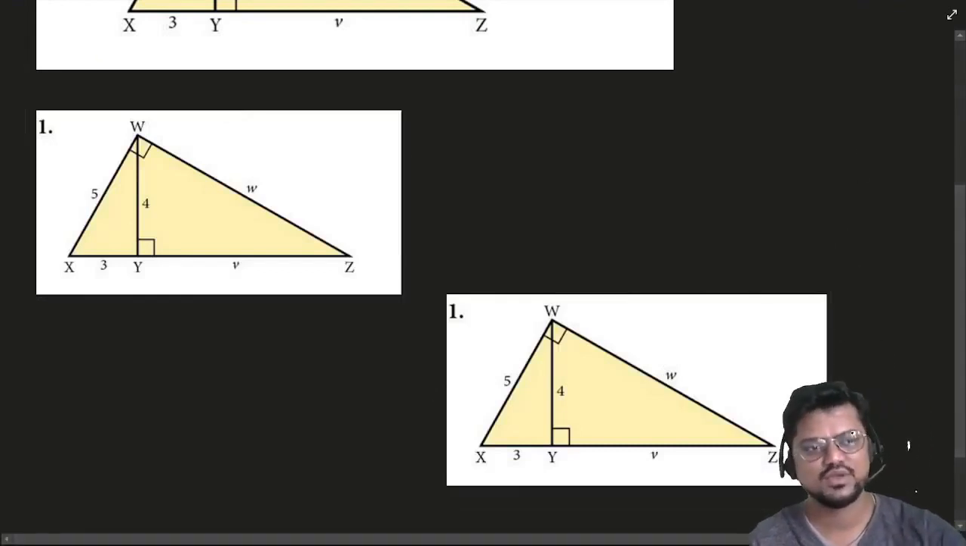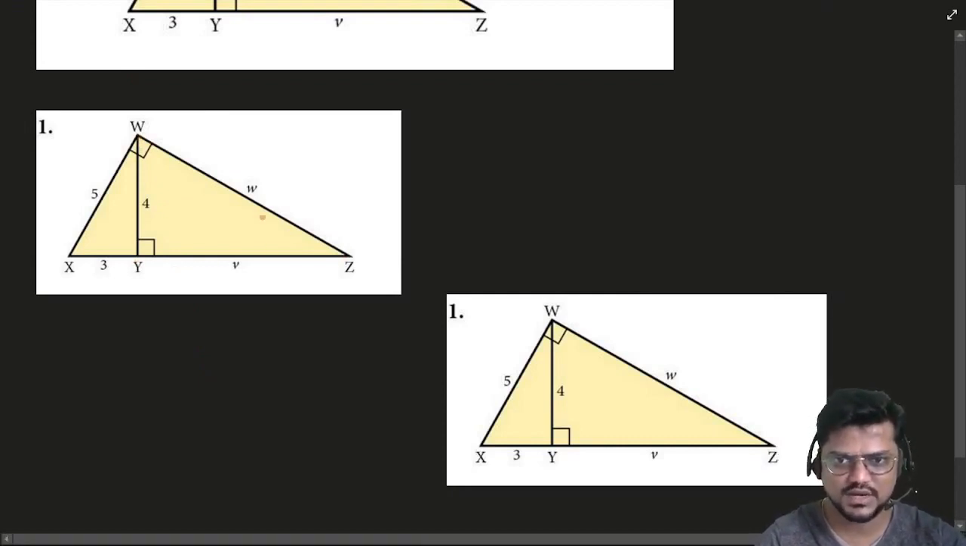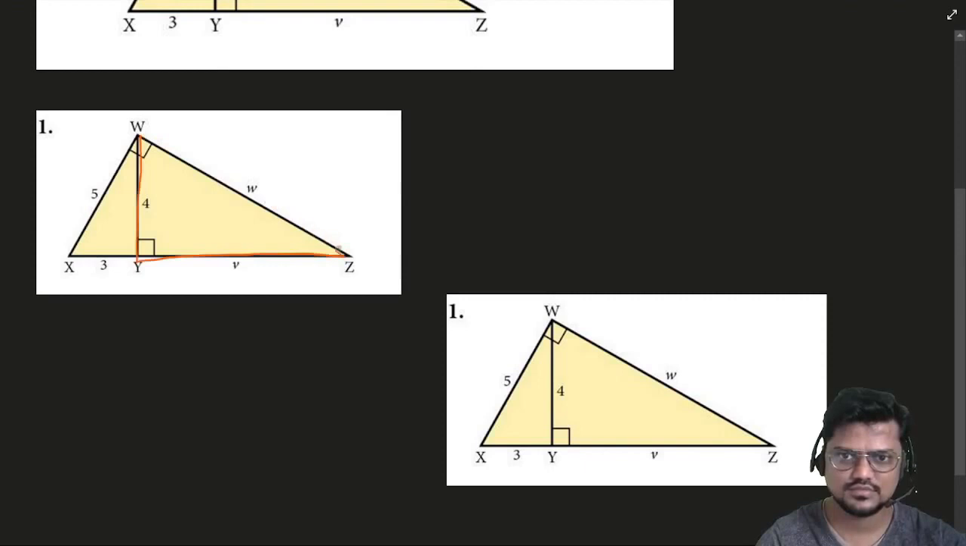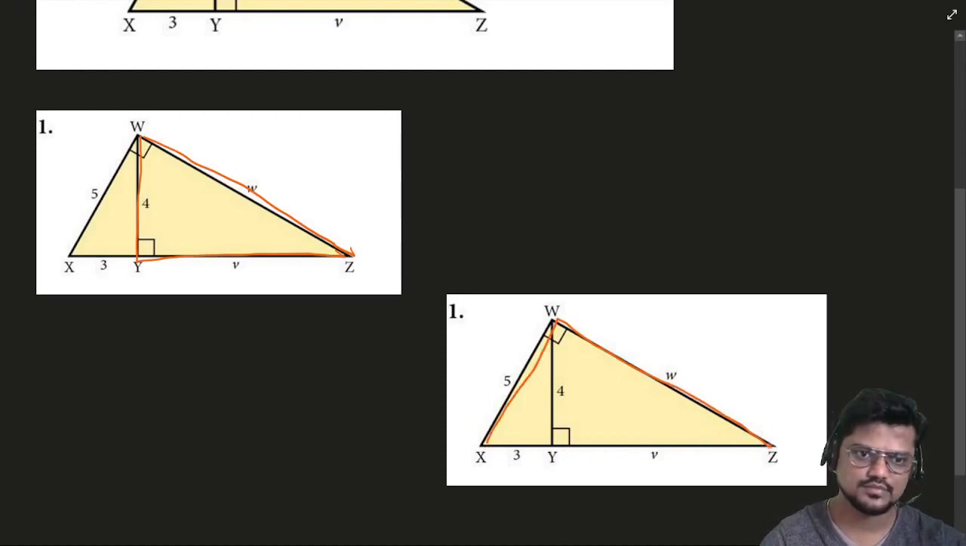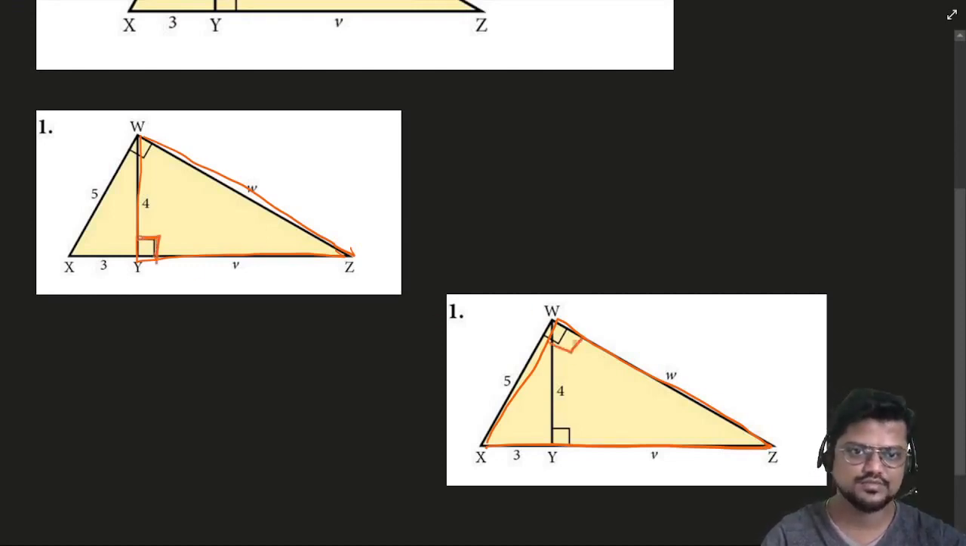Fine. You can take these two triangles. Now over here, if I take only this part in this triangle, and in this triangle, if I take the whole triangle, can I say that this right angle is equal to this right angle? Yes. Also, this angle is equal to this angle